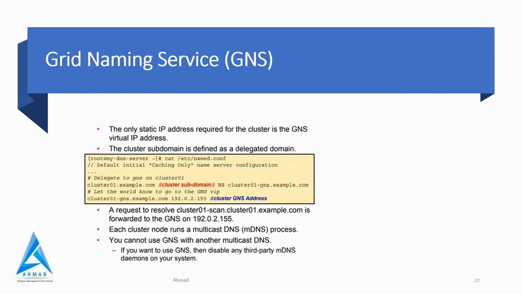So GNS sets up a multicast DNS server, that is mDNS, within the cluster, which resolves naming in the cluster without static configuration of the DNS server for other node IP addresses. So the way mDNS works is that within GNS, node names are resolved using link-local multicast name resolution, LLMNR. Did you hear that? LLMNR? What is that?